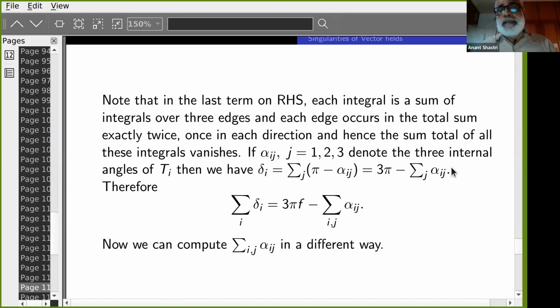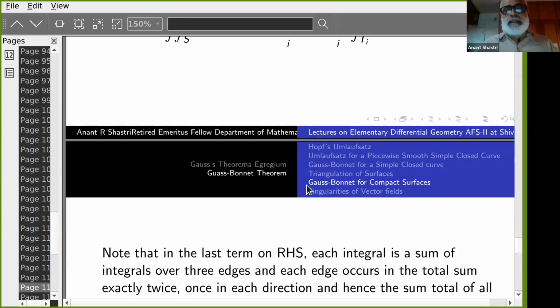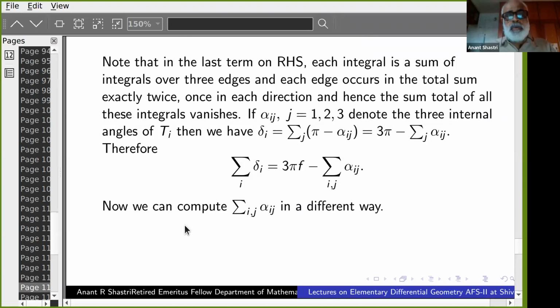Okay, what is alpha ij? Instead of external angles, I have now got internal angles. So I can rewrite summation delta i as 3 pi f minus the sum of all the internal angles of all the triangles, so j ranges from 1 to 3, i ranges from 1 to n. So the second term here I have written like this. Now we want to compute this sum of all the internal angles